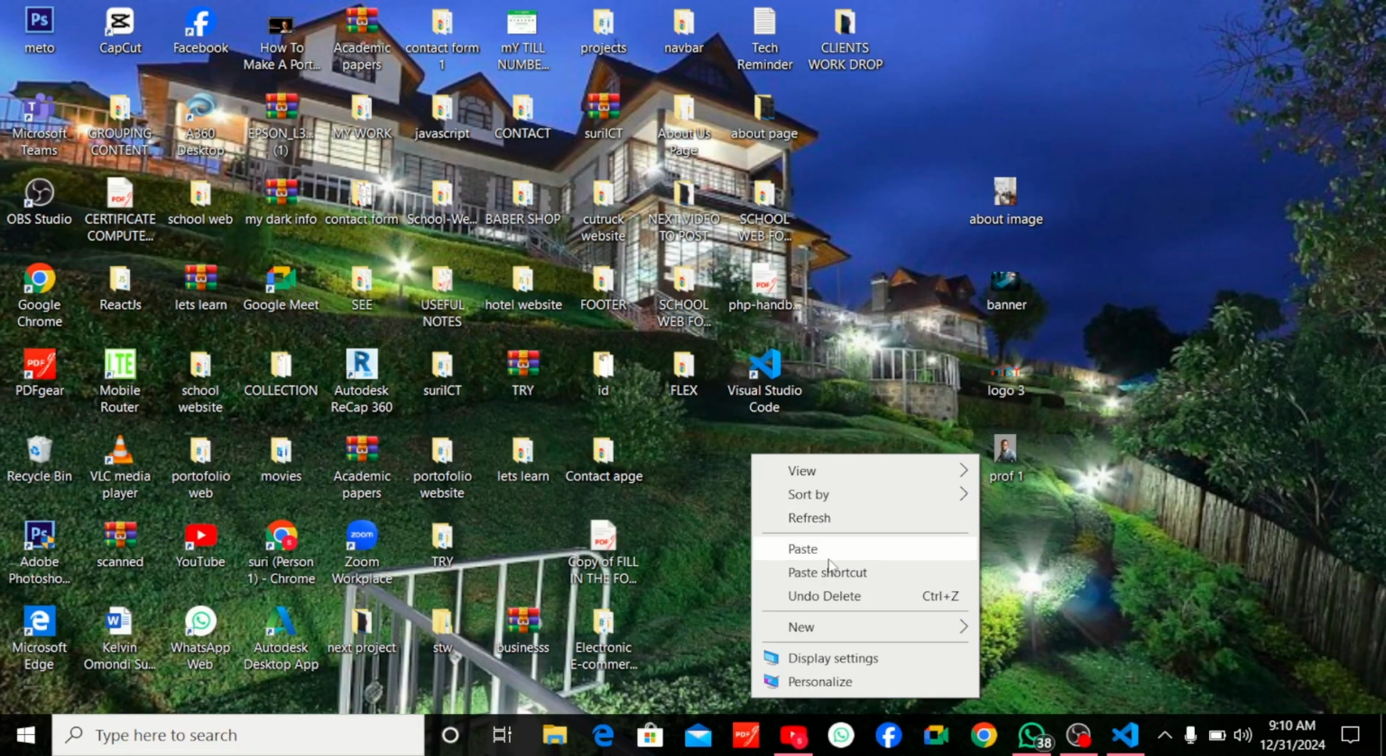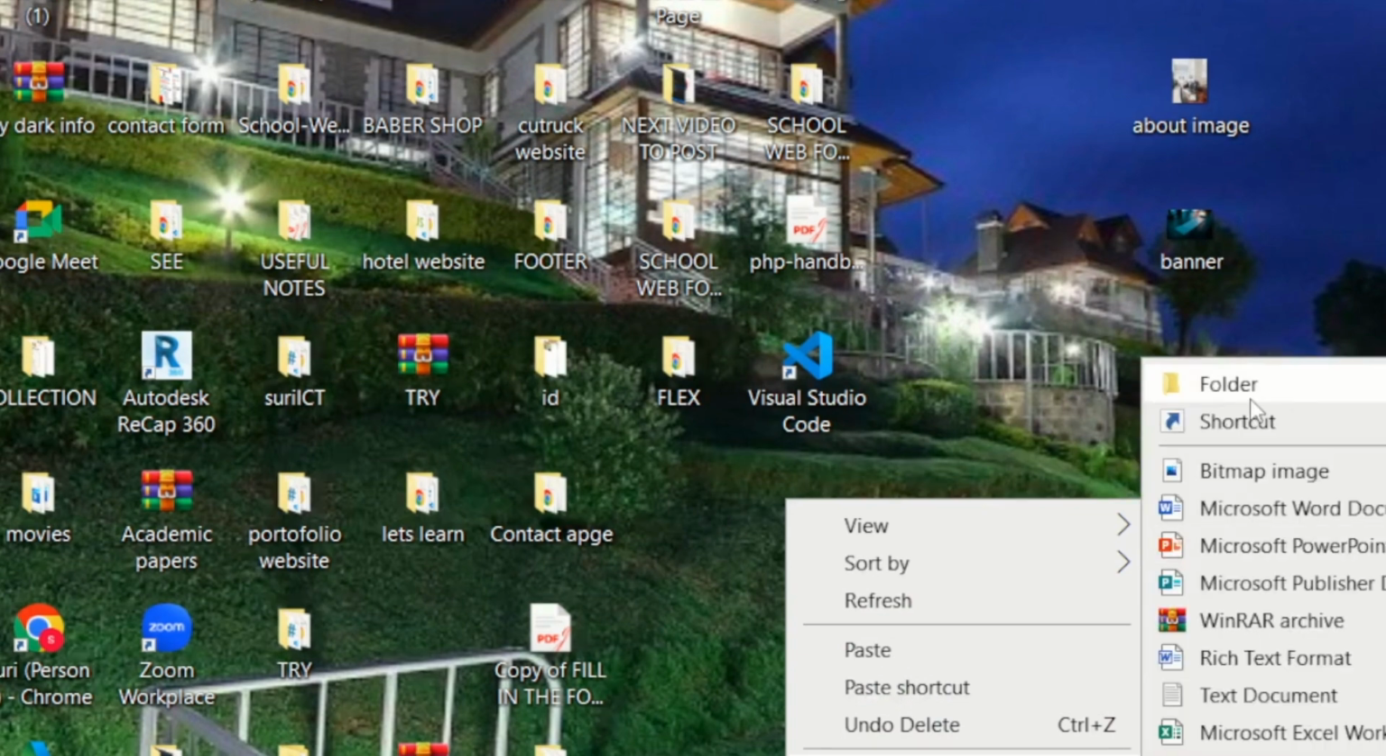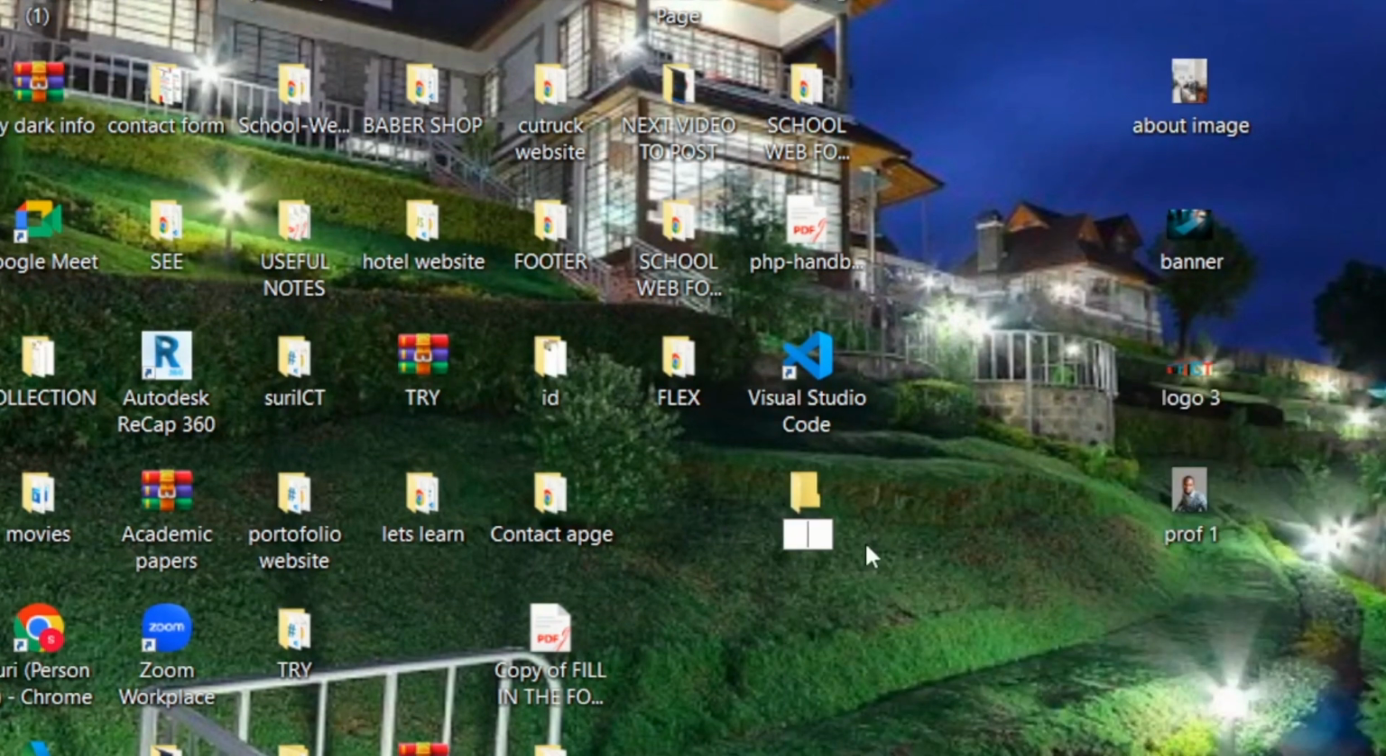The first thing you need to do is to create a folder on your desktop, and this folder should be the name of your project. So for example, college website 2. Now inside this folder, remember to create another folder inside,